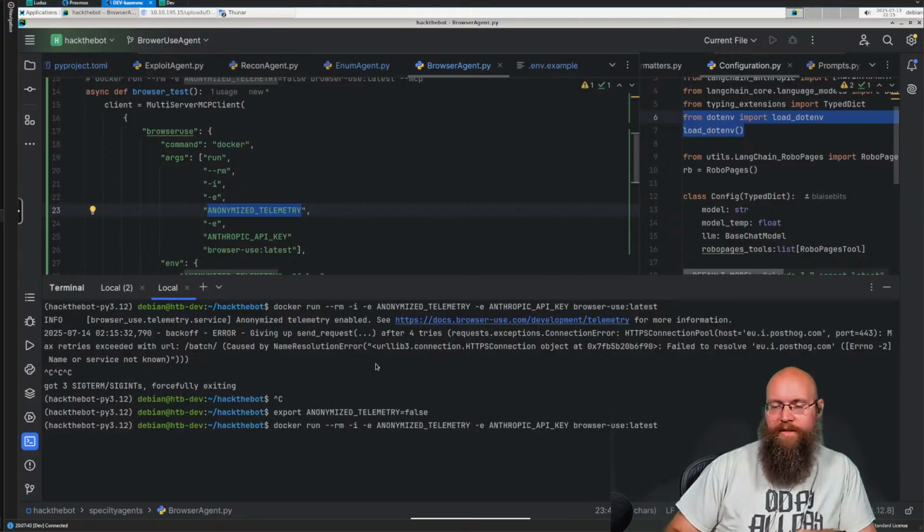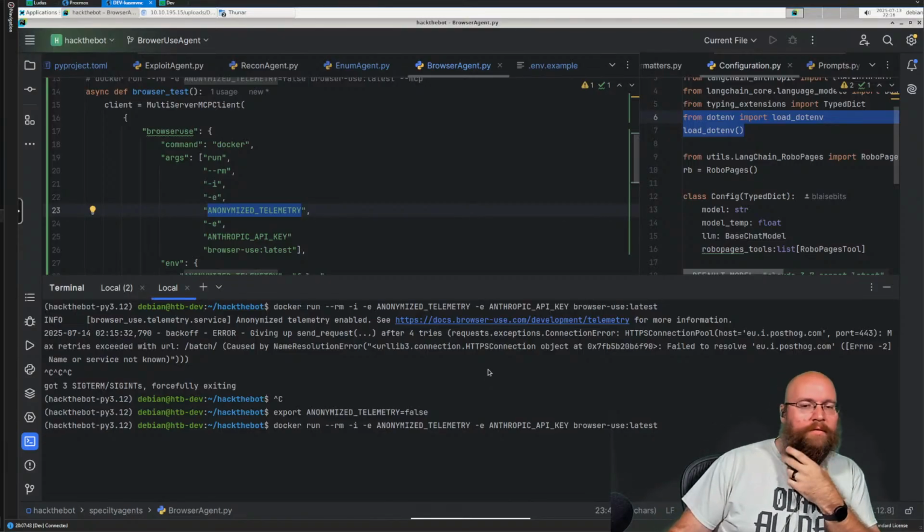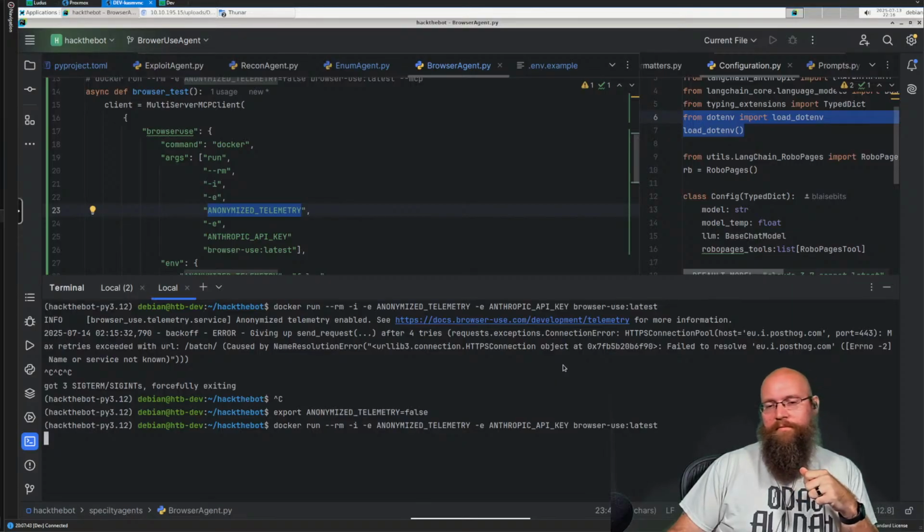And now when I run this, because the Anthropic key is not in this environment, but anonymized telemetry is now in here, so it should ignore it. So let's run this again, see what it does. I mean, it looks like it's running.